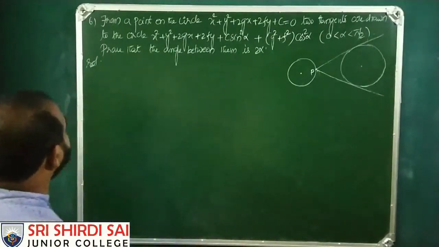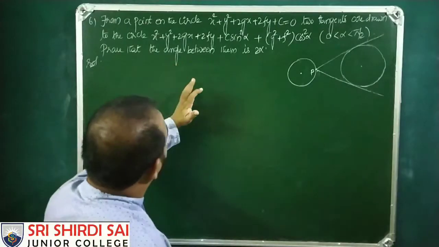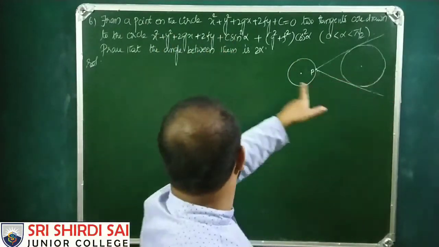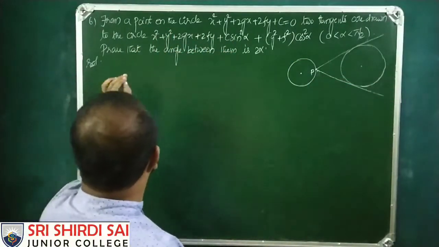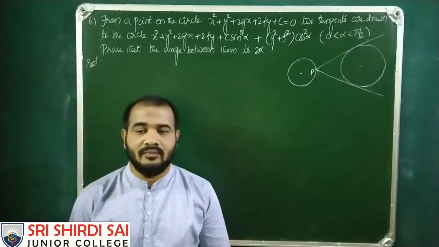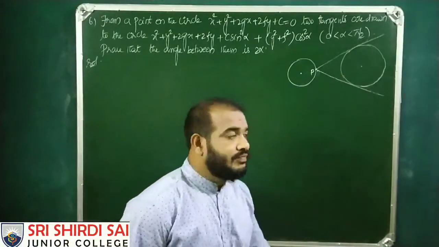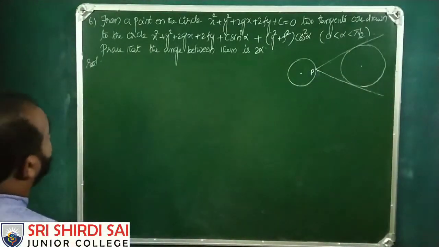Now the question is, from a point on the circle, two tangents are drawn to the circle. Prove that the angle between them is 2 alpha. So this is the question given. So clearly there are two circles there. Okay. So from a point, let